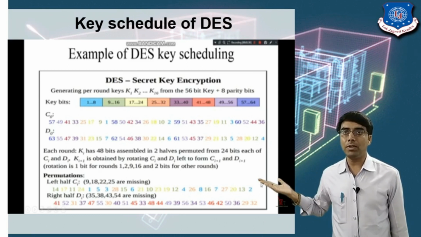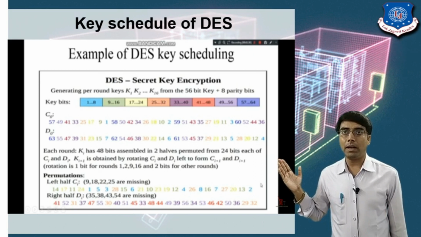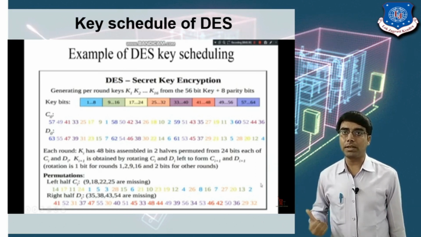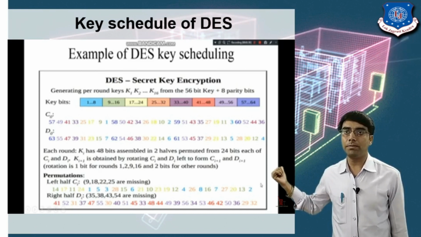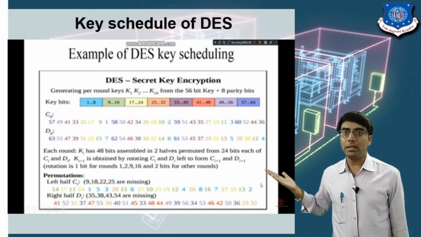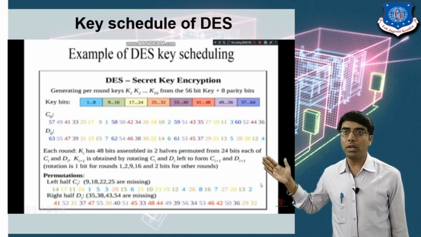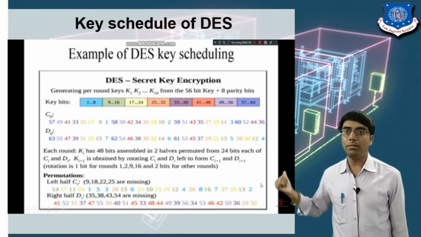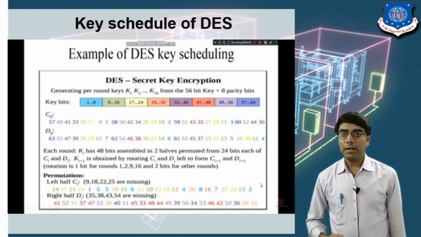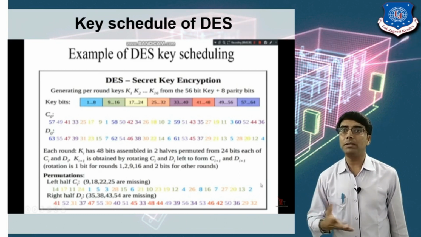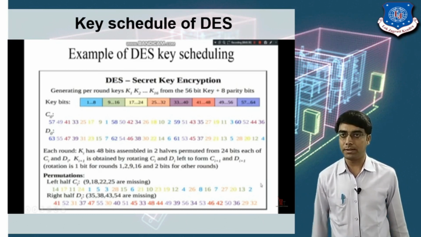Now we will consider the previous block, 49 to 56. In this block the first bit is 49, so you will put 49. Now consider the previous block, which is 41 to 48. In this block the first bit is 41, so you will put 41. Like this you will fill the table, right? This is a simple procedure to remember this table. Now I hope this idea is clear.